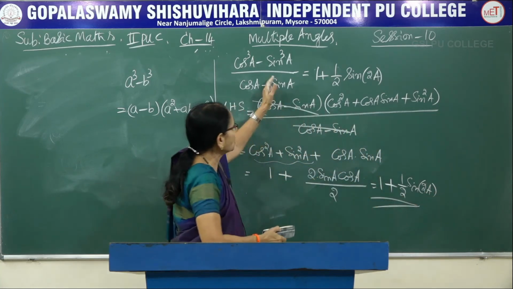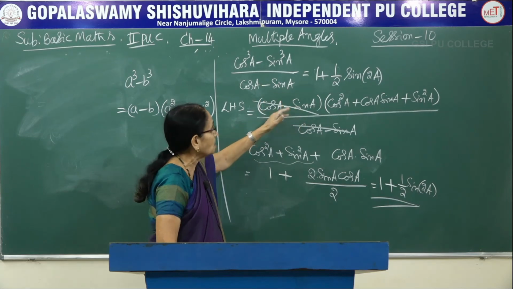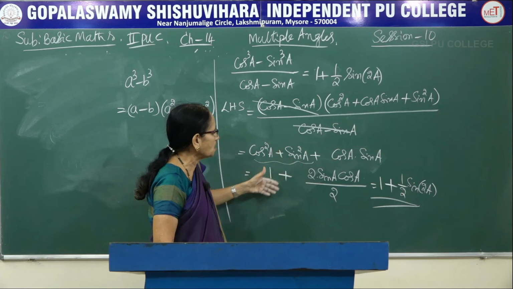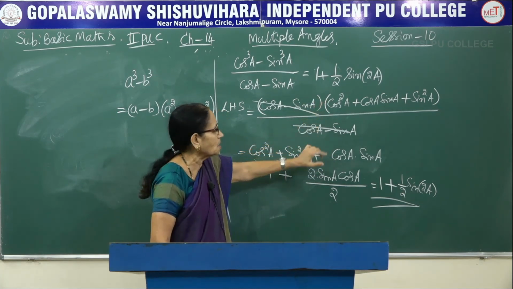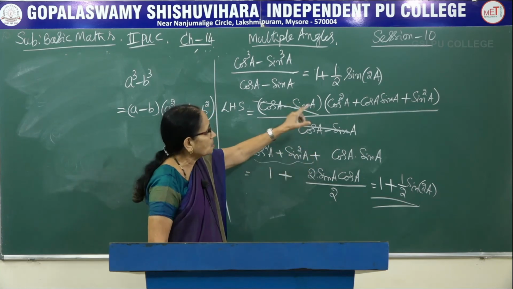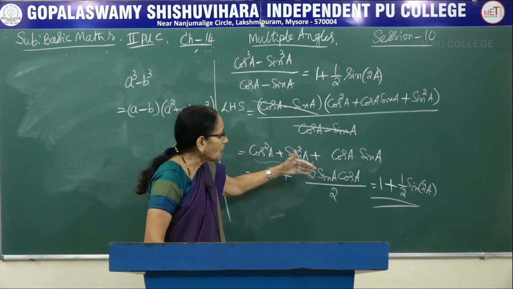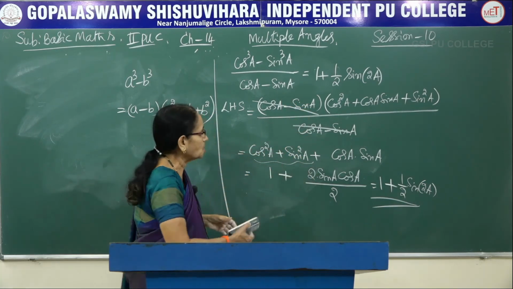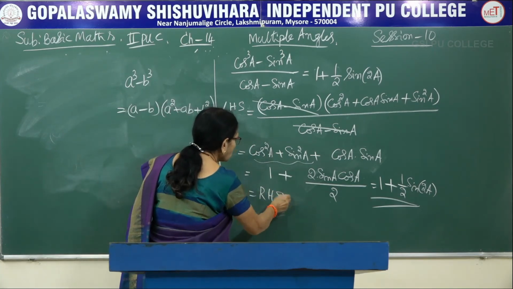See, first it is a direct factorization. No special thinking is needed. It gets cancelled. Cos square A plus sin square A, also we can use the identity, directly write it. Whereas to get the second term on the right hand side, a little bit of thinking is needed. For that, whatever is there on the right hand side, to get that one, what manipulation has to be done? You have to think a little bit and get the required right hand side. So this is equal to RHS.